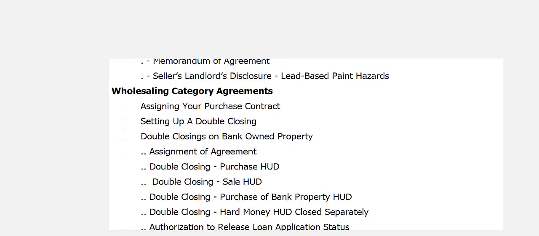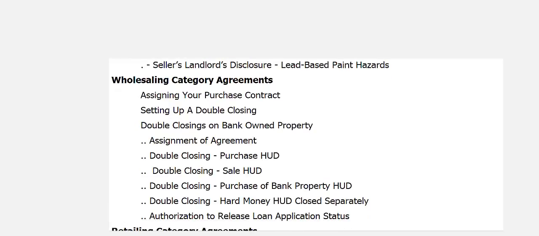Then we get into wholesaling category agreements. Assigning your purchase contract, setting up a double closings on REO bank property. And the agreements we use are assignment of agreement, double closing a sample purchase HUD, double closing sale on a HUD, double closing purchase of bank property HUD, double closing hard money HUD closed property separately, authorization to release loan